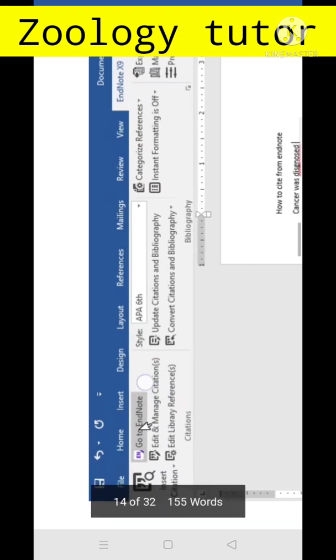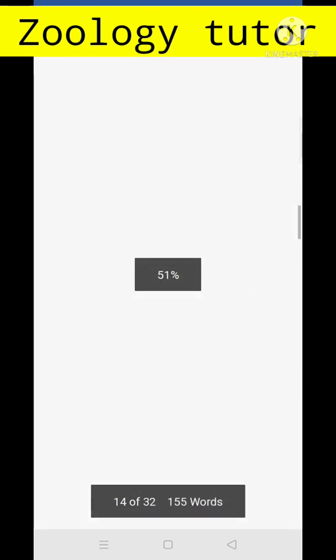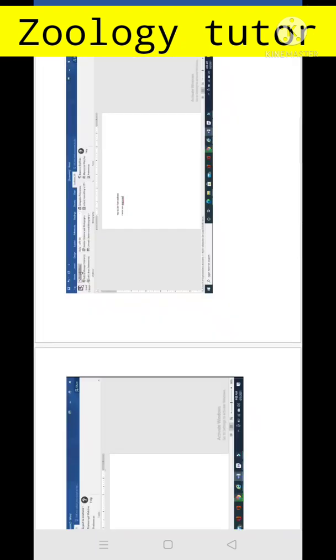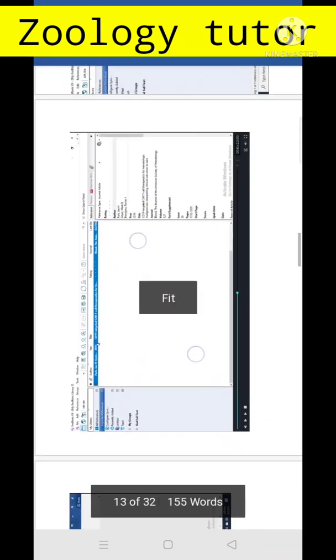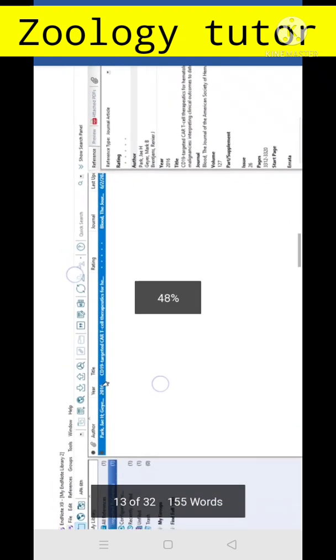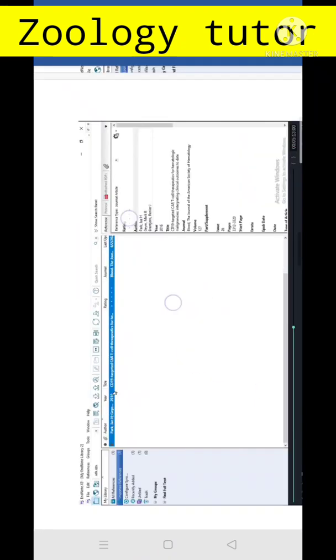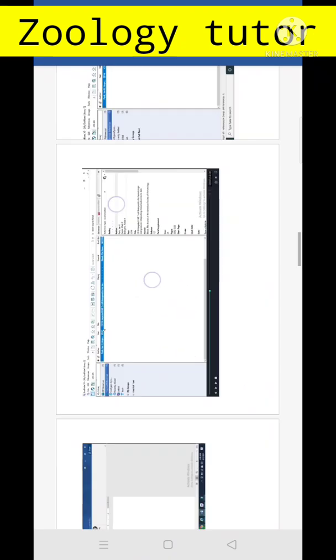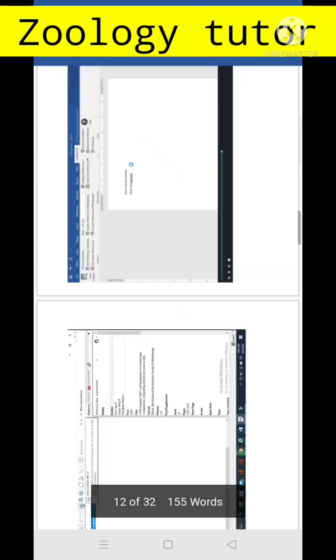Make sure that you place the cursor where you want to insert the reference. Now when you click on it, you will automatically be directed to the EndNote application. Now here select, for example, there is only one reference, there may be a number of references, so by using the mouse you can select the reference you want, that will be highlighted, and then you will click on the two commas given in the menu bar that are for in-text citation as shown here.